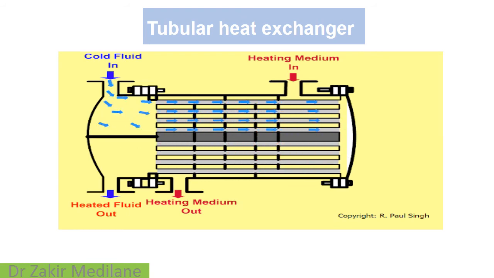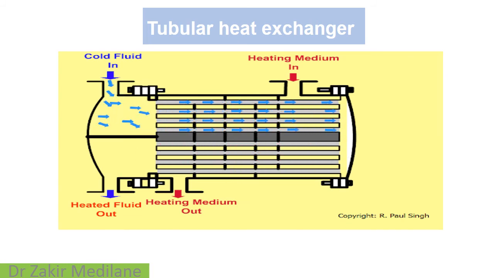When you see this diagram, we can easily understand that in these tubular heat exchangers several tubes are arranged, through which the sample is pumped. From one end, you can see in the image, the cold fluid passes inside the tubes. The tubes are highly heated with the help of the heating medium, an external source by which heat is supplied to the tubes, where the tubes absorb a sufficient amount of heat.